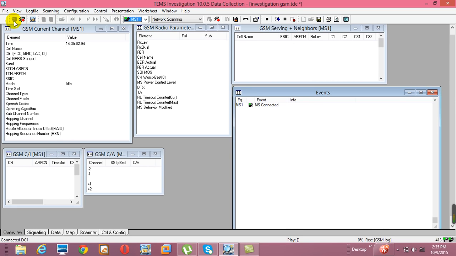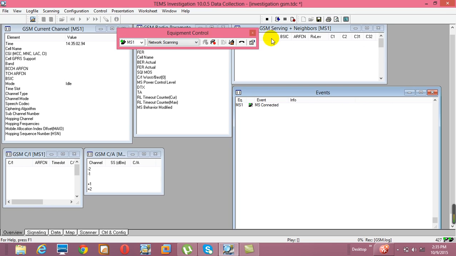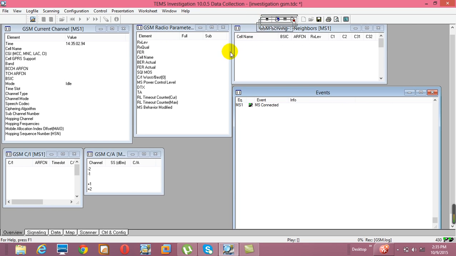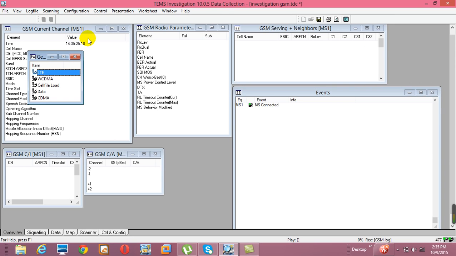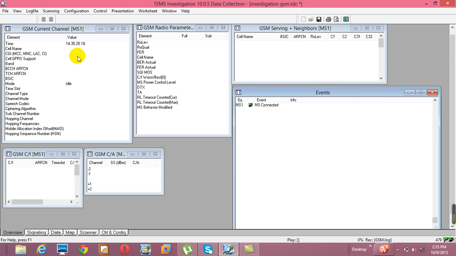Suppose by mistake we have closed these windows and I am not able to find them now. From where can we get this? Even the record button is not there. Suppose these buttons are getting closed for some reason. How will you find this button now? Configure, journal, we don't find it right here, right? So for that we need to